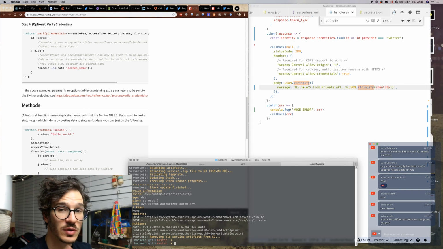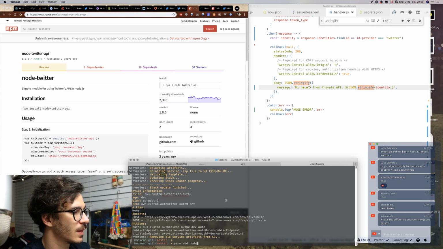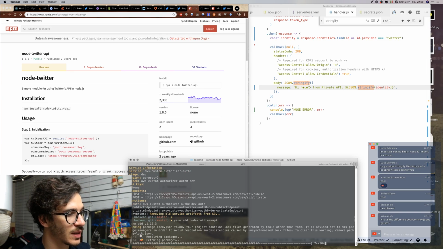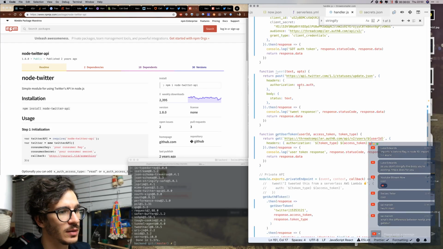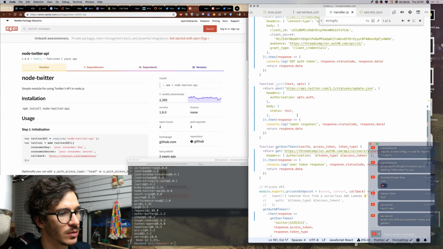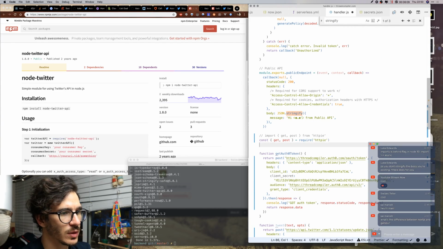Okay, I'm going to use the node Twitter client. So yarn add node-twitter-api. That seems promising. Okay, so then where's the code? This one, because this is probably going to get extracted into a different file, so it makes sense to do it here.